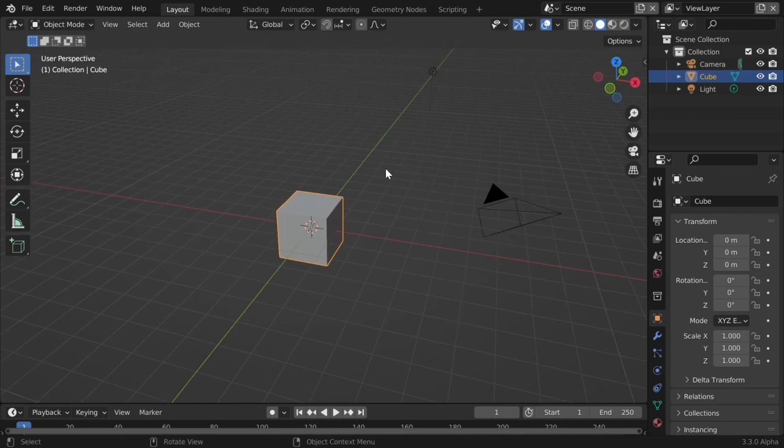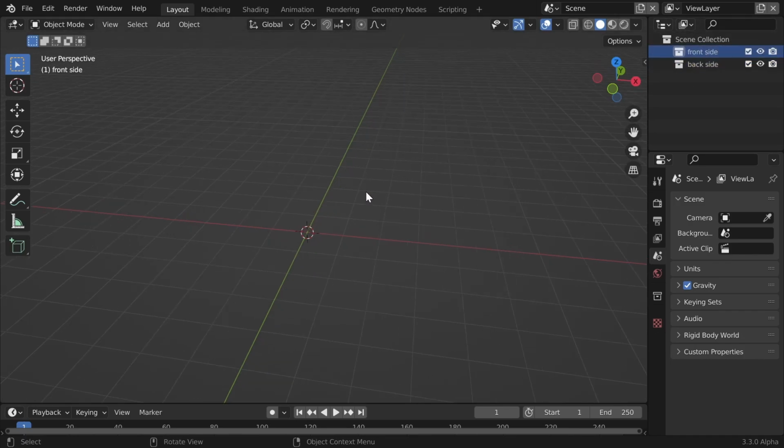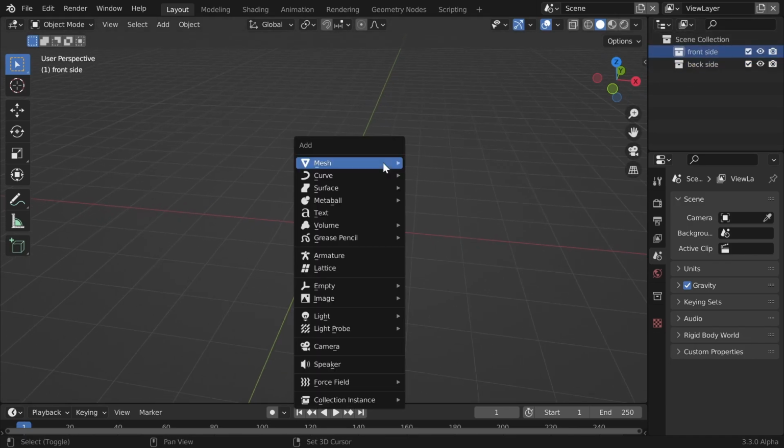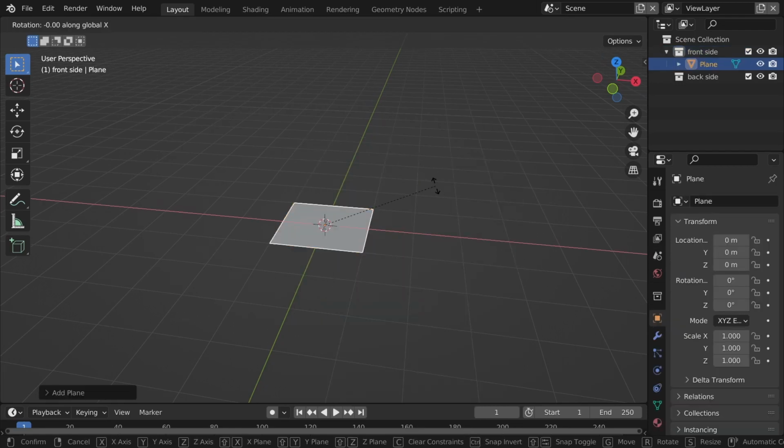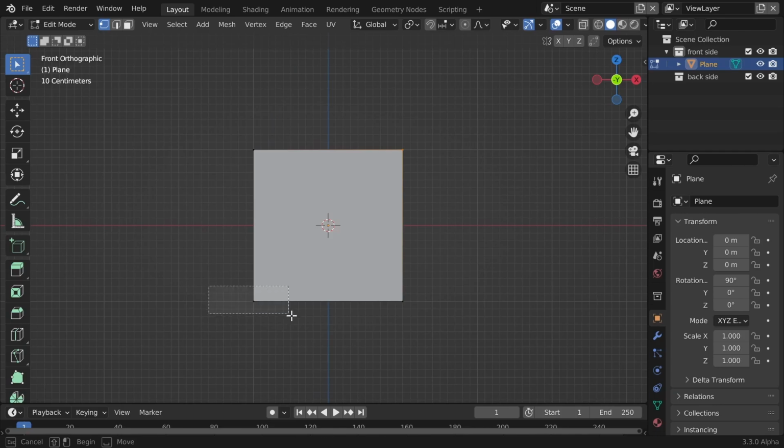So we'll start with deleting everything in our scene and creating two collections, front side and back side. First we'll go to front side and start creating our card, so I'll just use a plane and do some basic modeling here. So I'll just bevel these edges or corners,